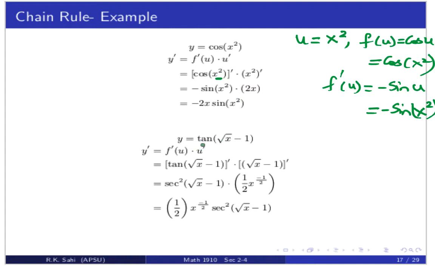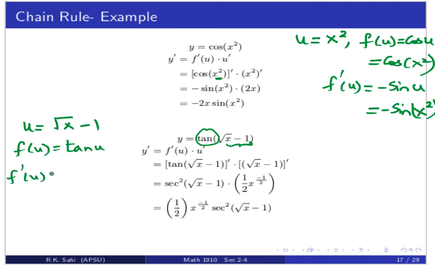Let's look at the next problem. y equals tangent of square root x minus 1. So clearly, the tangent function is the outside function. The inner function is square root x minus 1. So my u is square root x minus 1 and my f of u is tangent u. So what is f prime of u? It is secant squared u. And then we replace the u, because the whole expression has to be in x,